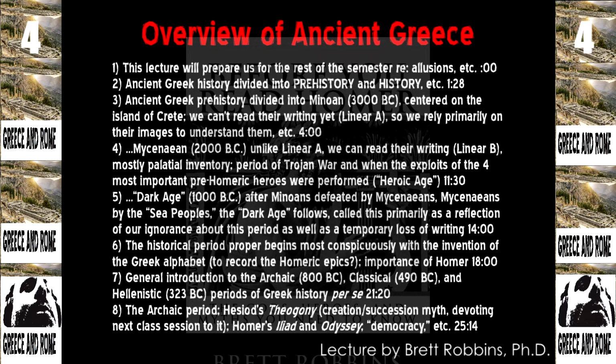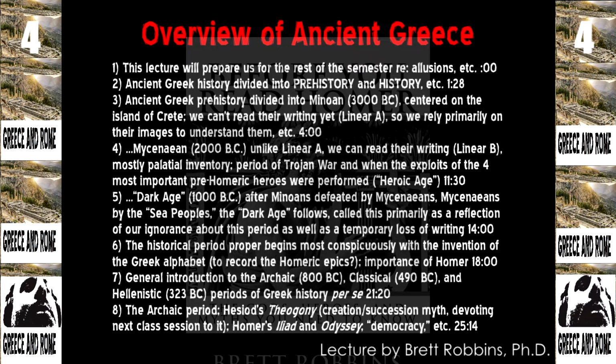Now, Mycenaean is a little different because, like I said, we can read, thanks to Michael Ventris, Linear B script. We have an idea about what the palace structure was like, and by extension, the political system, based on the palace structure. And for our purposes, most important about Mycenaean civilization is that that's when two major things occurred. We'll put them in categories, just two, but it's really 5 if you look at it a different way. And that is, first of all, the Trojan War occurred in the Mycenaean period, around 1250 BC, but do put a 2000 date on about when it began, just to make it clean.